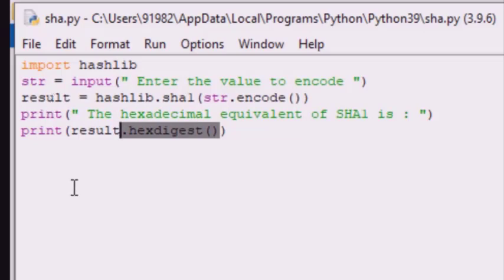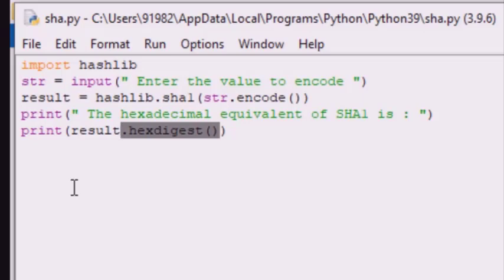So you know, students, there are different SHA hash functions, for example SHA1, then SHA256, SHA384, SHA224. In this particular program we have implemented the SHA1 function. Now this SHA1 is a 160-bit hash function, students, that resembles the MD5 hash in working. Is it understood?